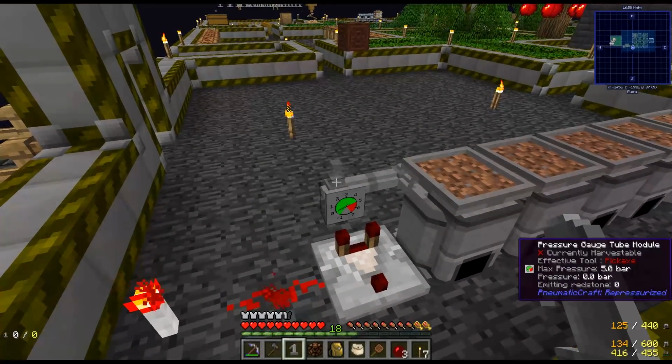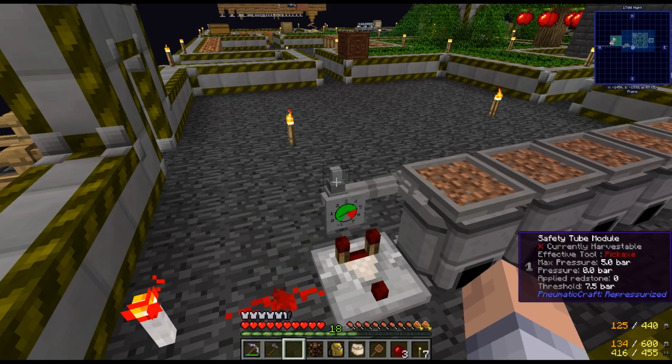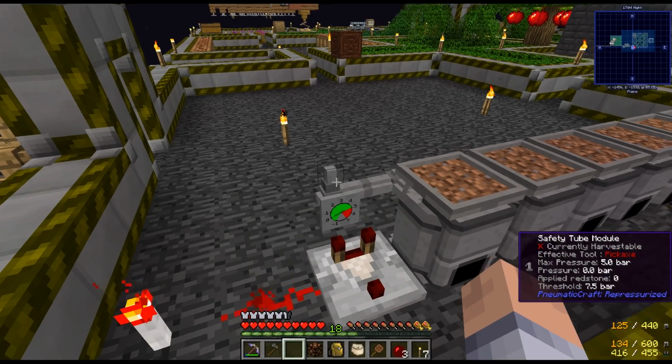This right here is the, what's it called? A safety tube module. When you give this a redstone signal, it will simply vent. It will just...